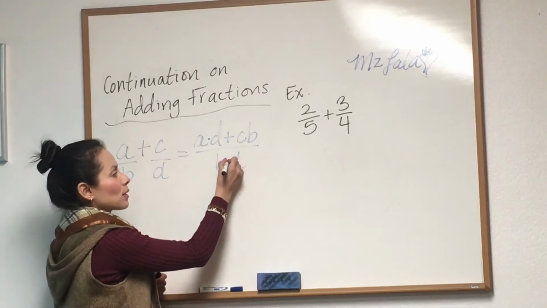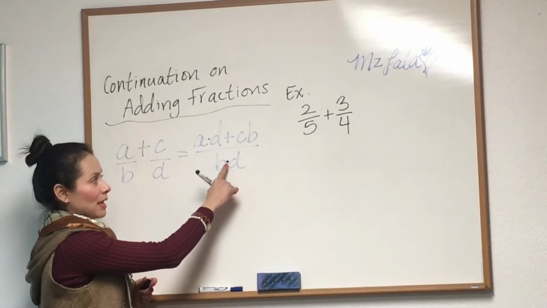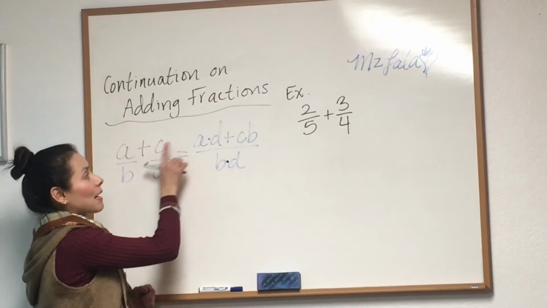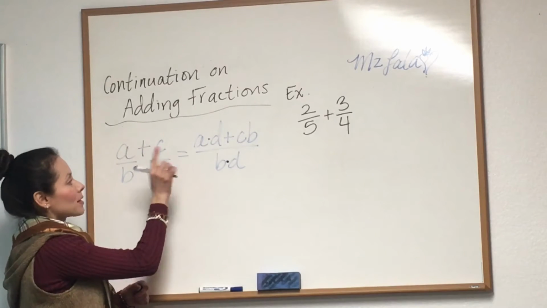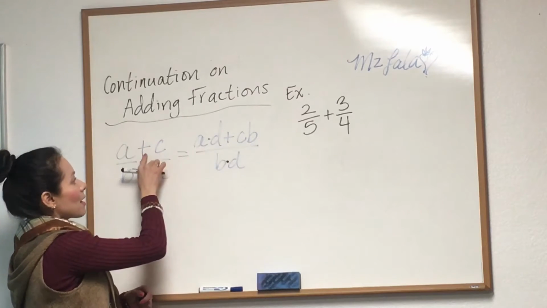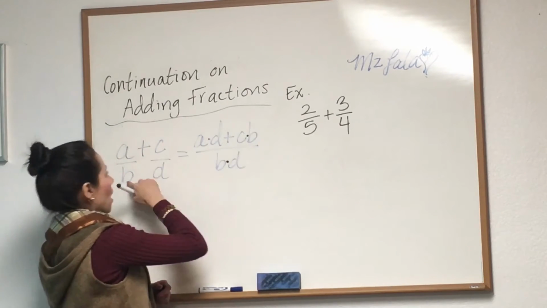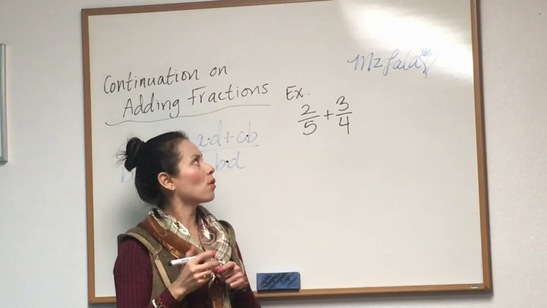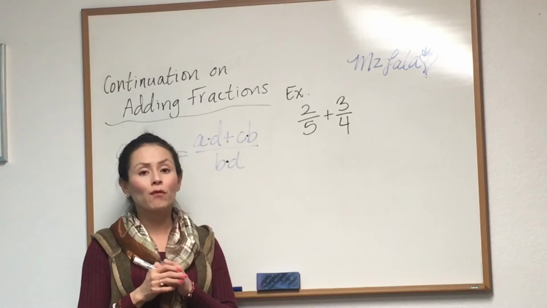Remember, two variables, two letters next to each other means multiplication. That also means multiplication. But then you cannot just add a plus c. Now you must add the multiplication of these two, a times d, plus the multiplication of these two, which is c times b. So I had the example of 2 over 5 plus 3 over 4